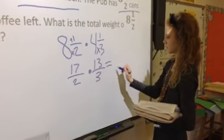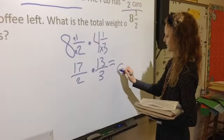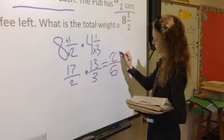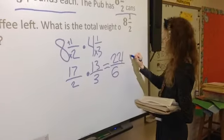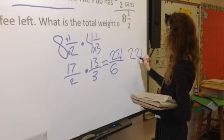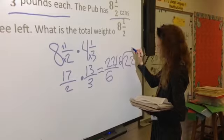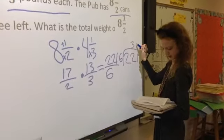You can just go and put your answer, it's fine. Okay. 2 times 3 is 6, and 17 times 13 is 221. So 221 divided by 6 is 36